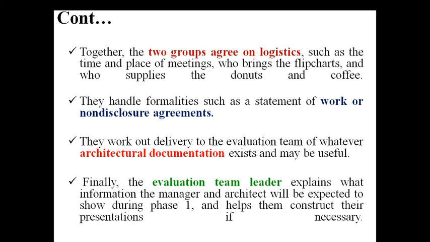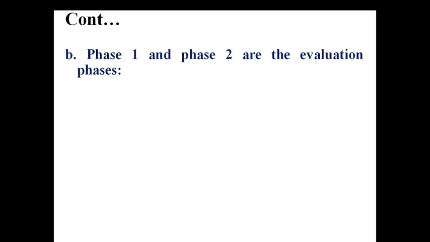They will form a team, sit together, and think about what things to consider for analysis, whether it is documentation, architecture, results, or any outcomes they prefer. They will all sit together with the evaluation team member and finalize these things, which we have to discuss in further phases. Phase 1 and phase 2 are the evaluation phases. At this phase they try to evaluate the concept.